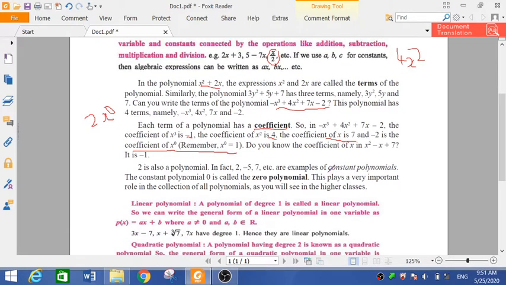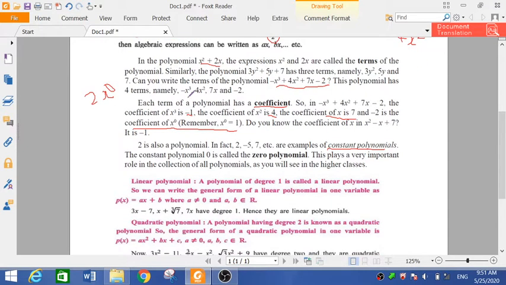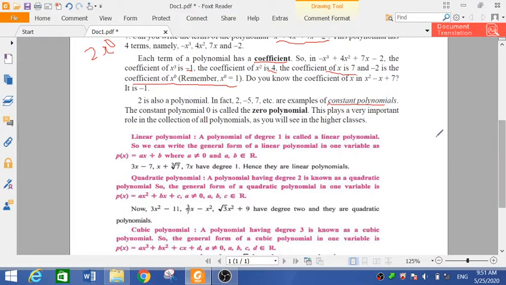So it is called a constant polynomial. Monomial, binomial, trinomial, and then polynomial, when 4 terms are there. Now we can express it in relation with the power. With the number of terms, we say 1 term, 2 terms, 3 terms. But when the power of x is 1, which type of polynomial is it? A polynomial of degree 1 is called a linear polynomial.